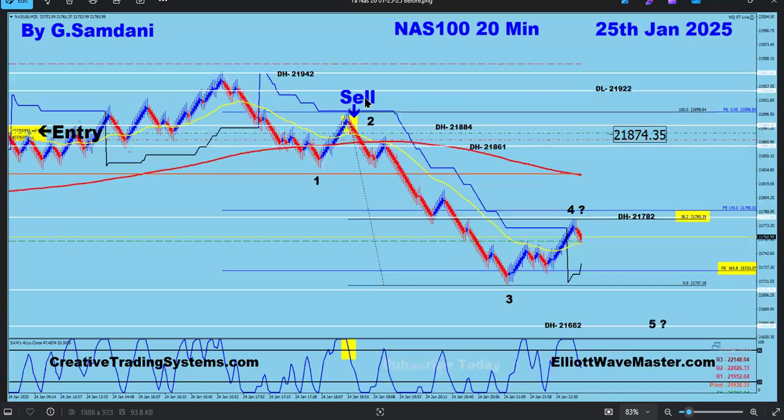This is the chart. This is the current chart that we have. We have 1, 2, 3, and then we went up to 38% for wave 4. So my calculation is that if we can stay below 217.82 when the market opens up, we might be able to go to 1662, right? For wave 5,